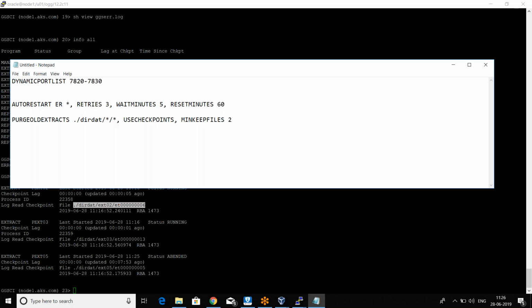So this is one parameter where what I'm telling the manager is to use checkpoint. Now I'm telling it to purge old extract and giving the path, and I wrote use checkpoint. So this is the path for the trails, okay? And use checkpoint means what? For example,